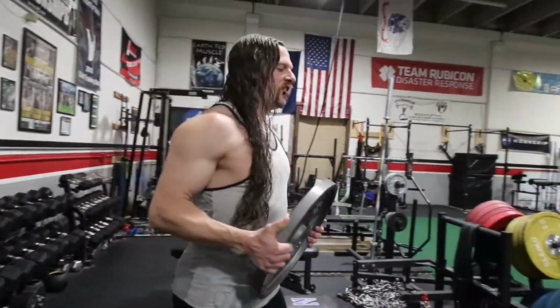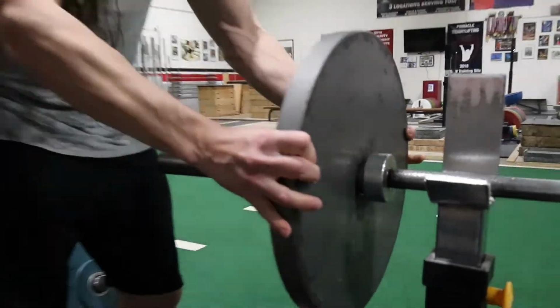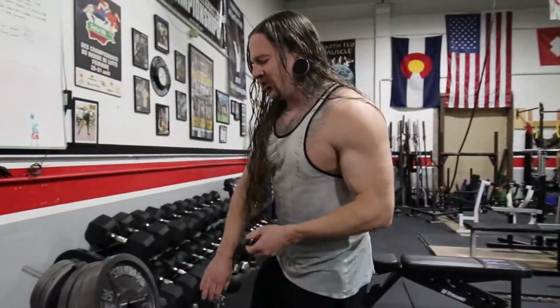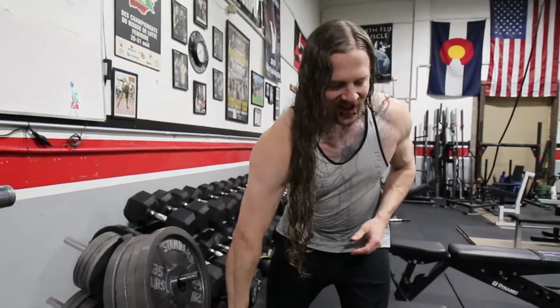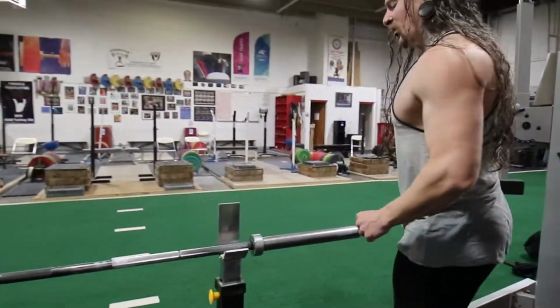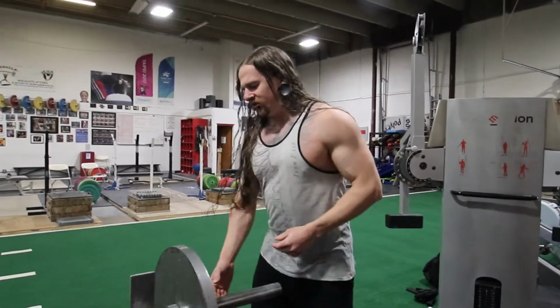All right, so bench press. Pretty simple, you would think. Now there's a lot of garbage that people do that can put your shoulders at risk and put you in a bad place if you're by yourself or even with a spotter. So the idea,